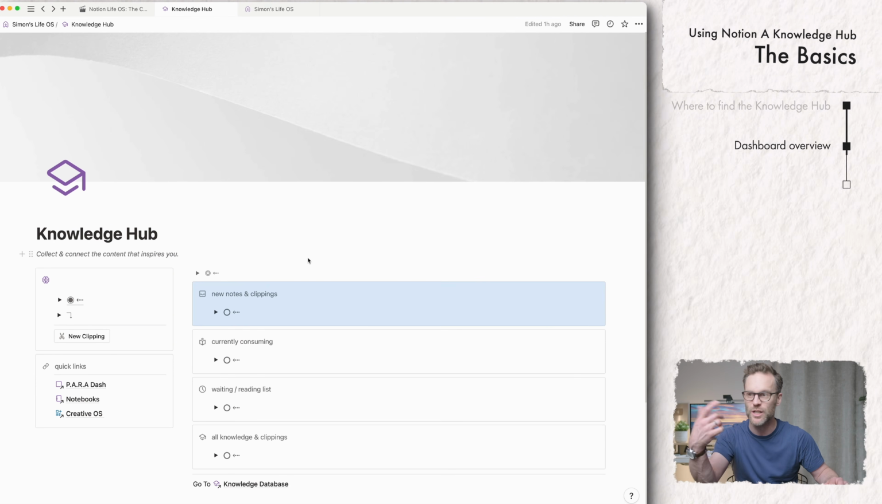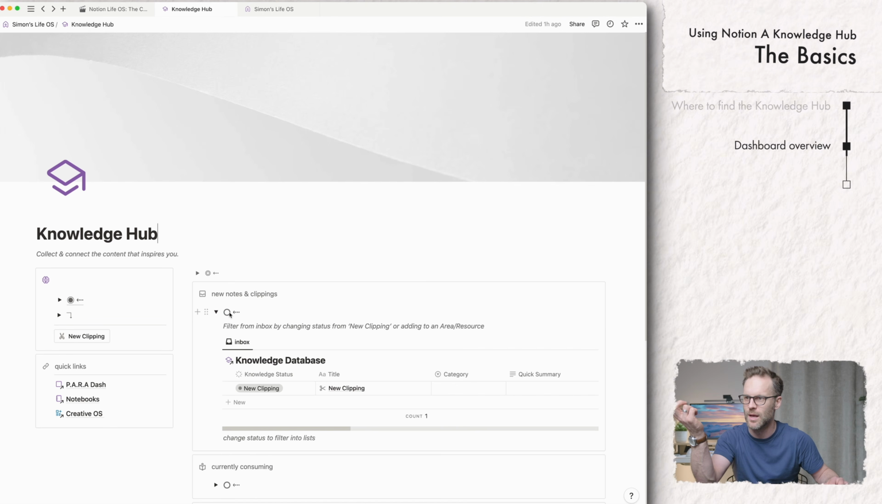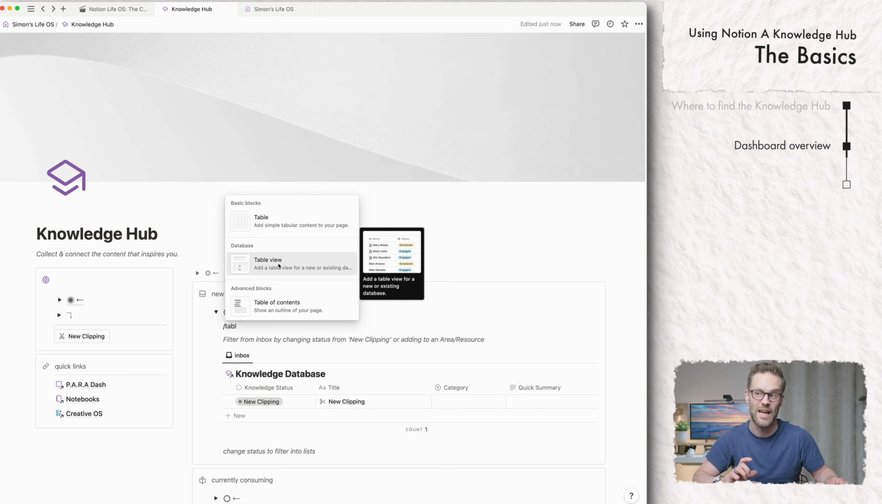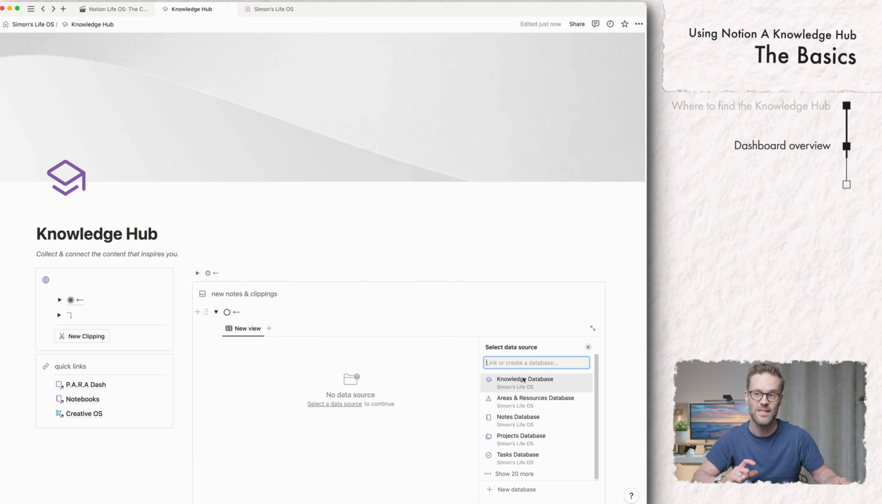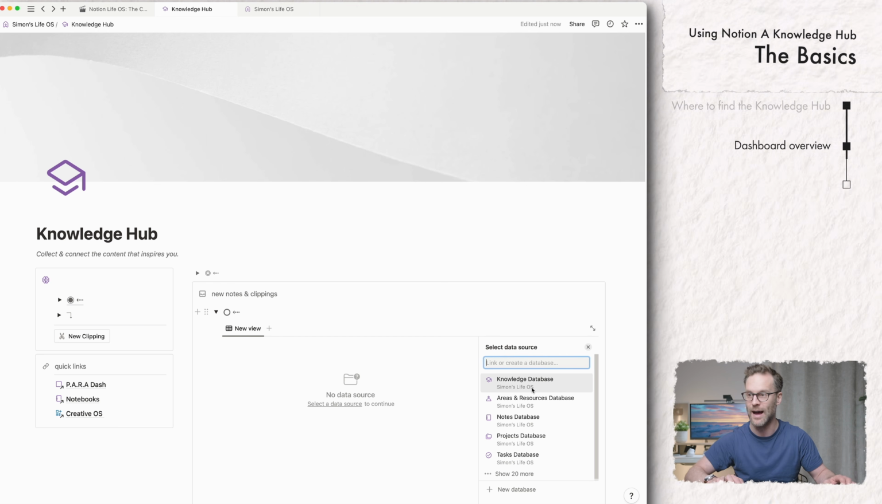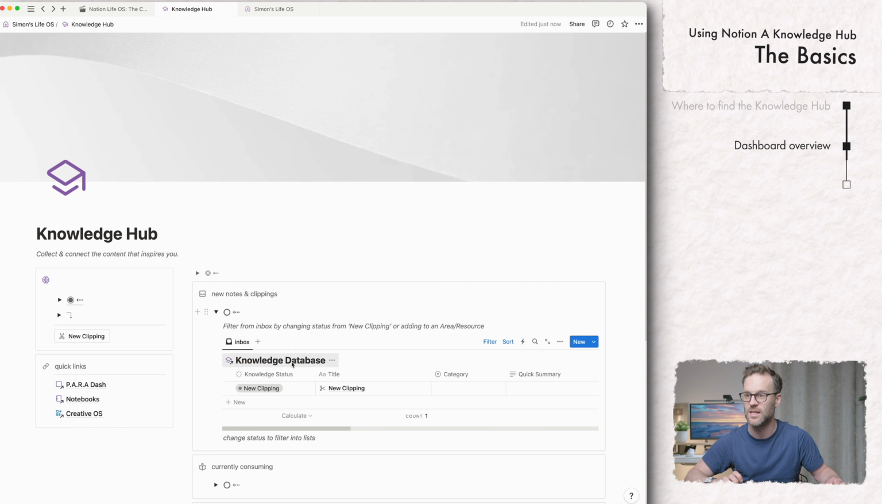Pretty cool. So the knowledge hub is in these little drop down toggles. If you don't like that, you can just delete them. But essentially I do it by doing this. I would essentially have done /table and selected a table view and then selected the knowledge database, and then each view is filtered by that. So if I undo what I've just done, this is essentially that,